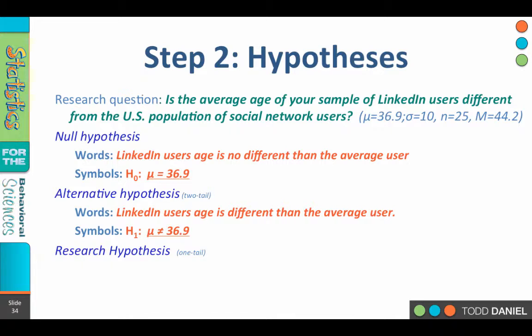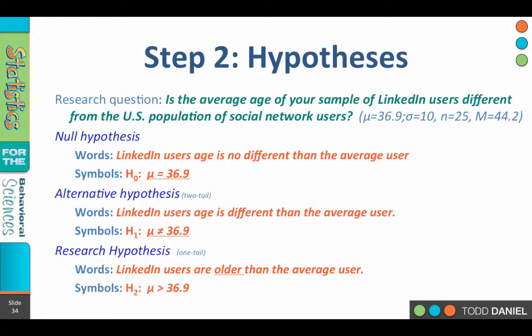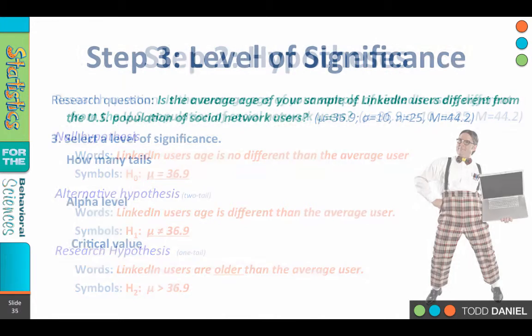But let's practice one more time. How would we create a one-tailed hypothesis? So we suspect that LinkedIn users are older than the average user. That would be a greater than symbol. So in words, LinkedIn users are older than the average user. And in symbols, this is H sub 2: mu is greater than 36.9. The sample is drawn from a population, or represents a population, that has a mean greater than, or older than, 36.9. Now that we have our null and our alternative hypothesis, we are ready to move on to